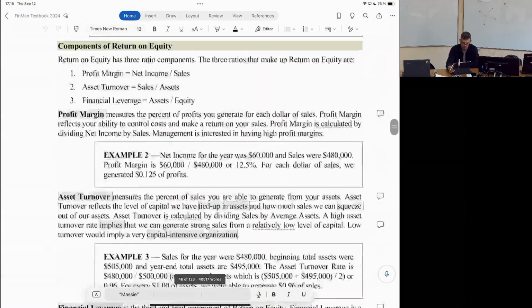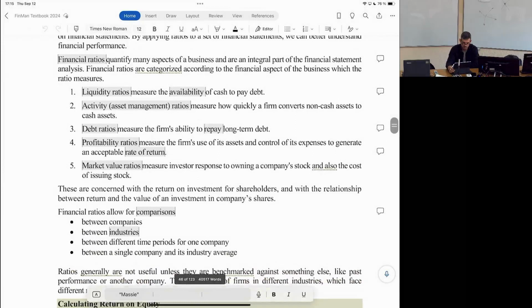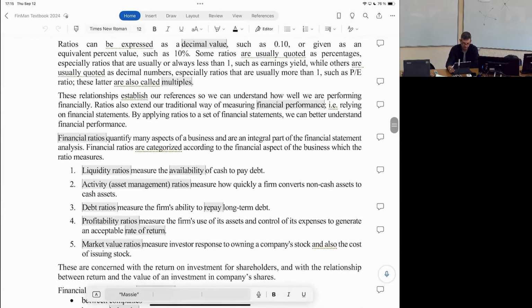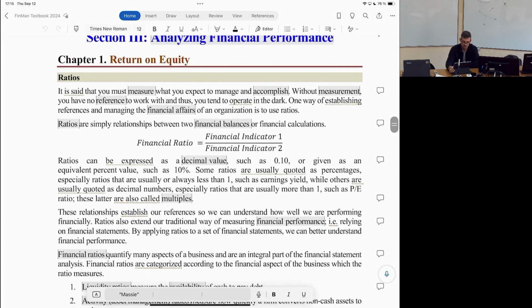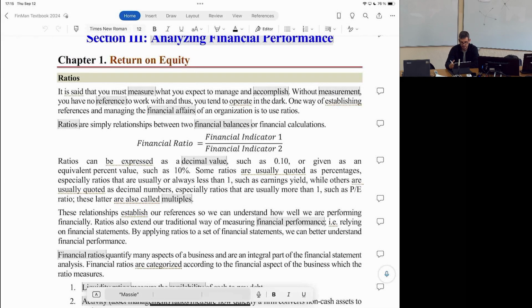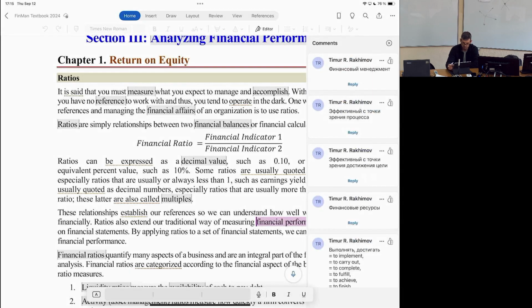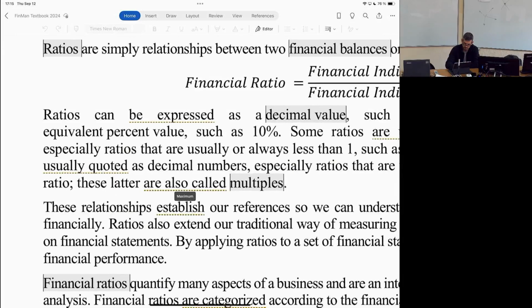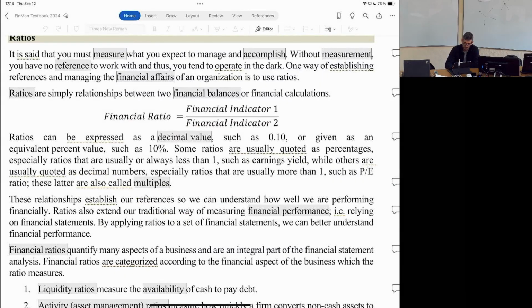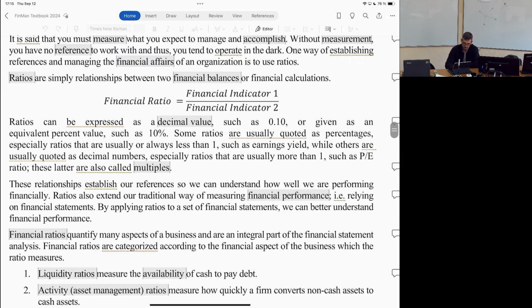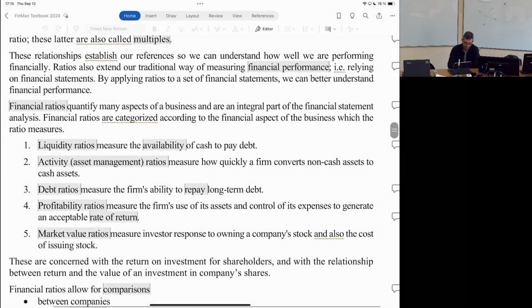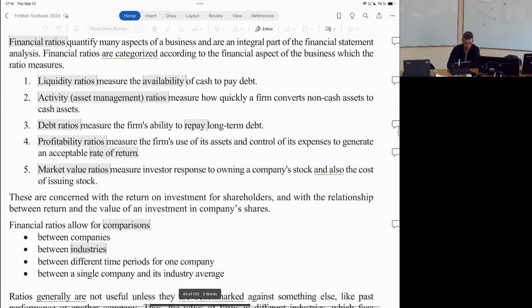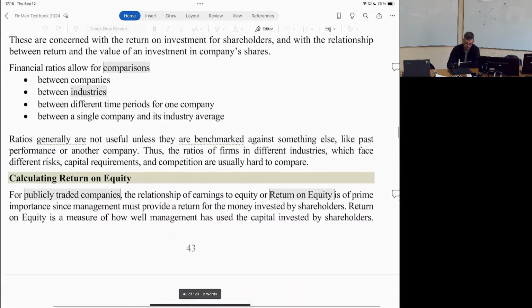by chapter 1 and look at the most interesting. By the way, yes, here they are. Look. First of all, here we find that a financial ratio is a relationship between two financial indicators. Here we have the word multiples. Yes, see the multiples in the gray. And the other ones are percentage statements. Also, the financial ratios: liquidity, asset management, debt ratios, profitability, and market value ratios. So it's all in the book. Okay? And